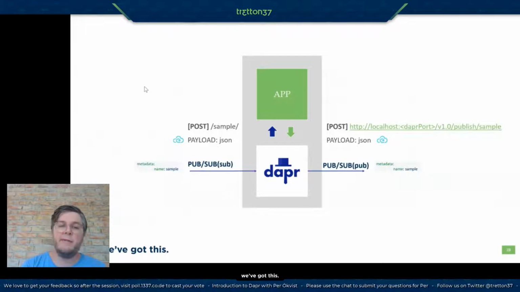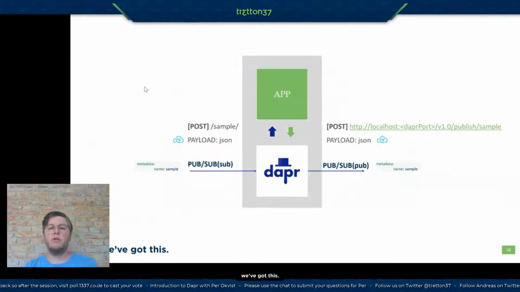Then when Dapr receives a message through that broker, it's going to invoke yet another endpoint, in this case also named sample. And if I'm going to publish an envelope or a payload, it's also done through the schema, but this time instead of bindings, we're going to post through HTTP to an endpoint under publish sample.